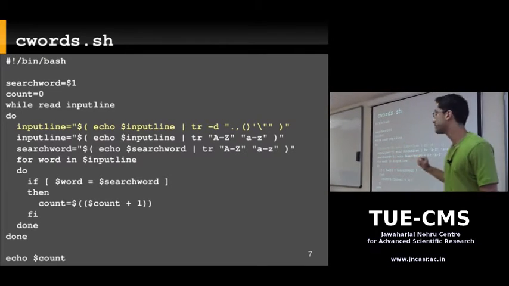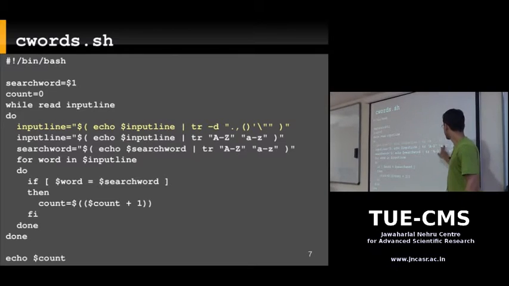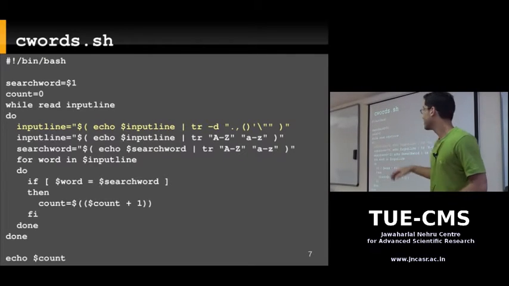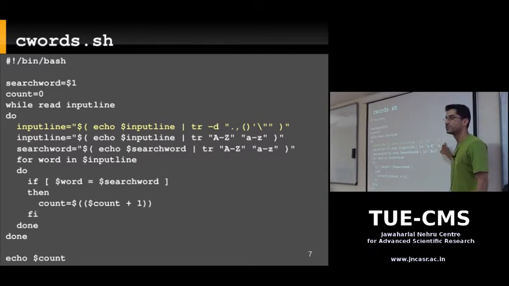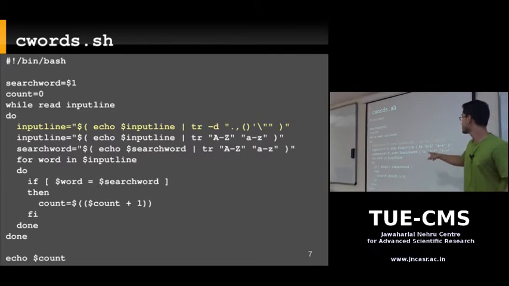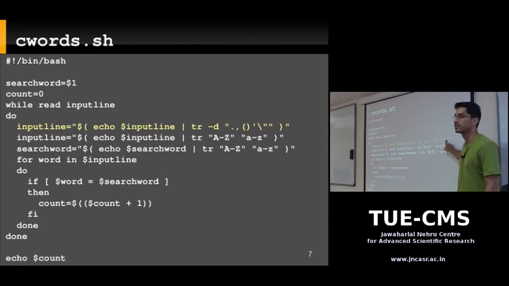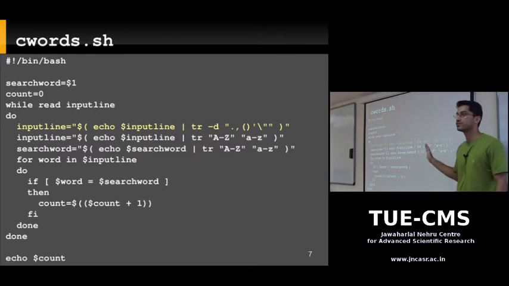Now we have a problem. I'm enclosing this entire set within quotes. Now if I put a quote over here, the shell is going to think that the string is over. It sees this quote and thinks, okay, that's it. And it's going to complain about this extra quote. So if you type these 2 quotes like this, it's going to complain.